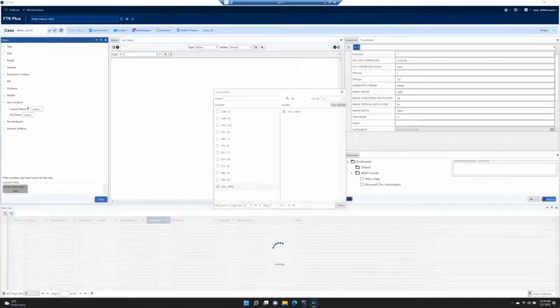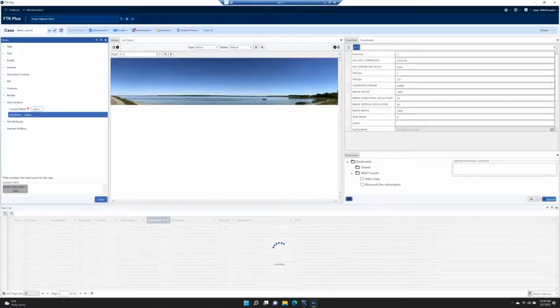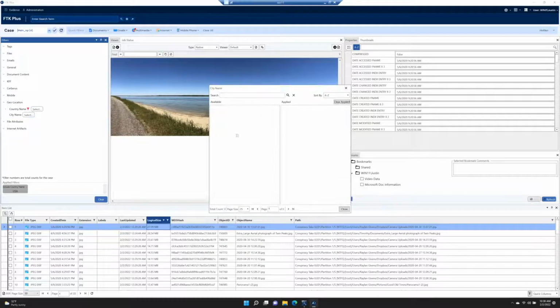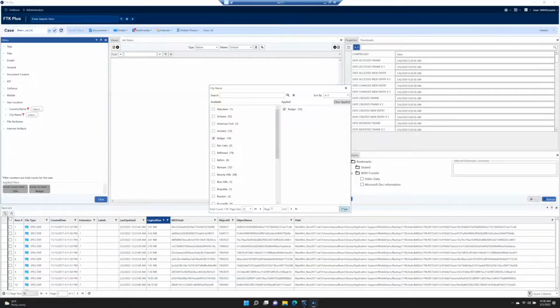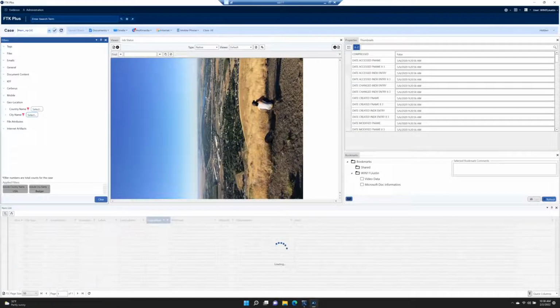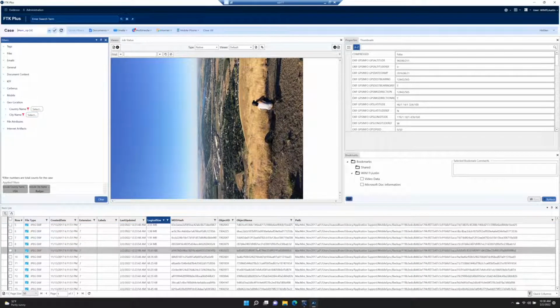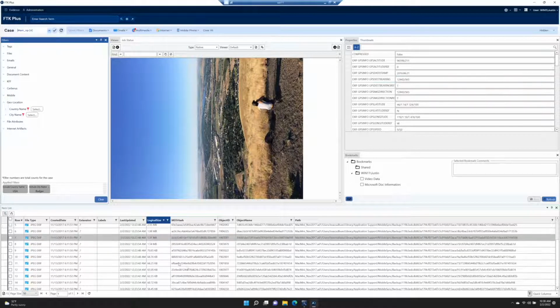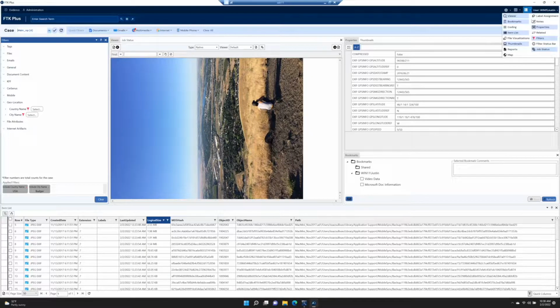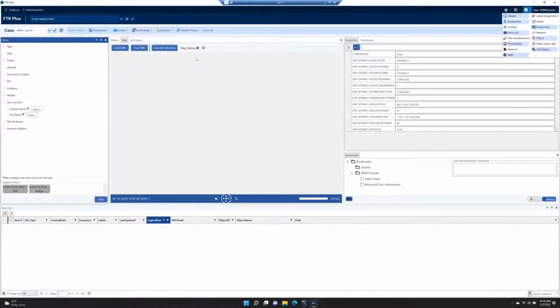We can close that, and then I can come over to my city, and it's going to populate my city here, and I could do Badger. Okay, and the images are rotated, must be from an iPhone because they store theirs 90 degrees rotated to the left. Okay, so we've quickly filtered down, and then we can just come up and open up our map,